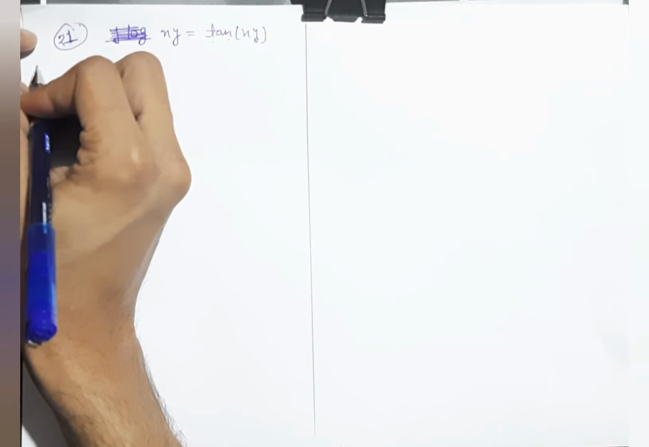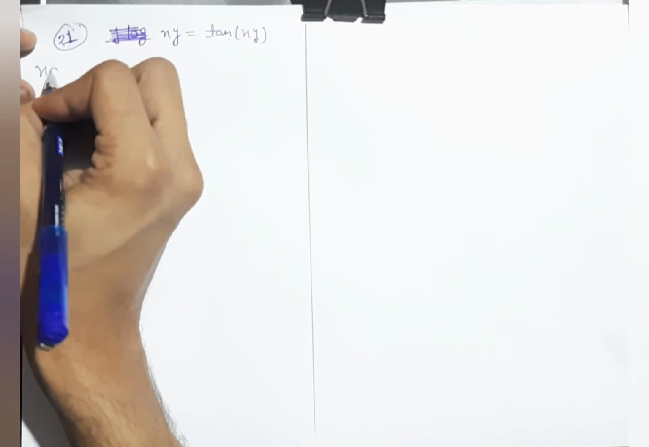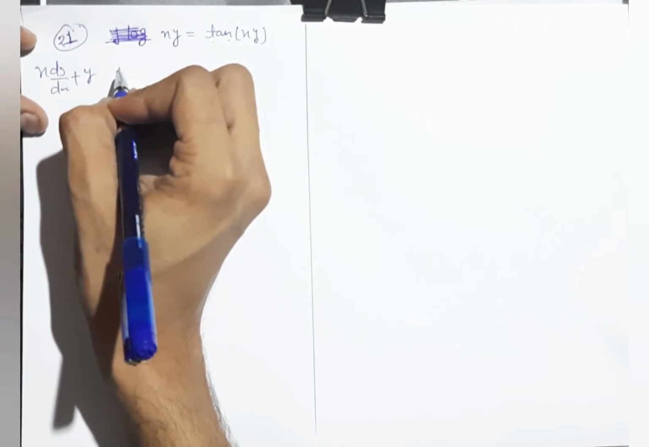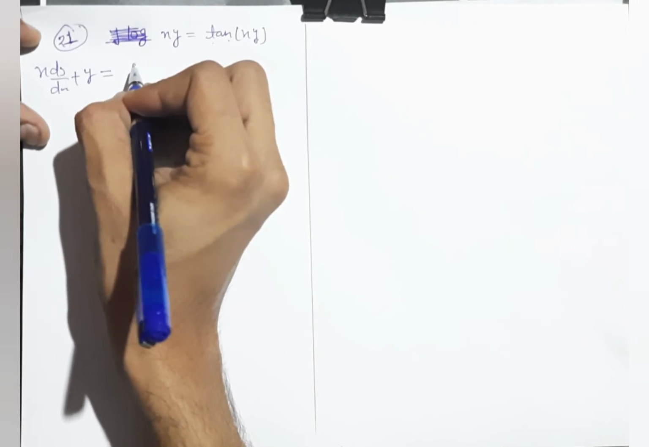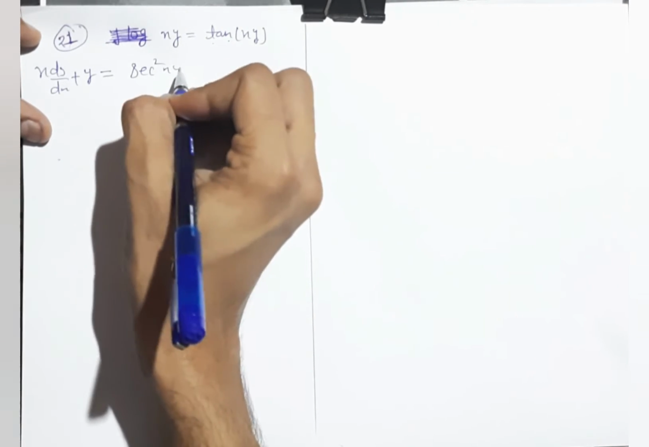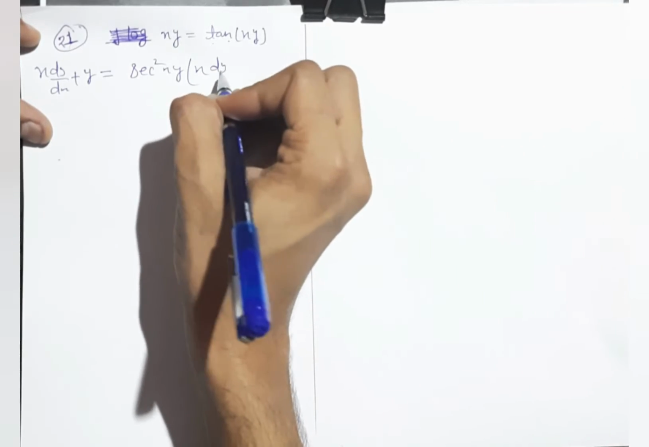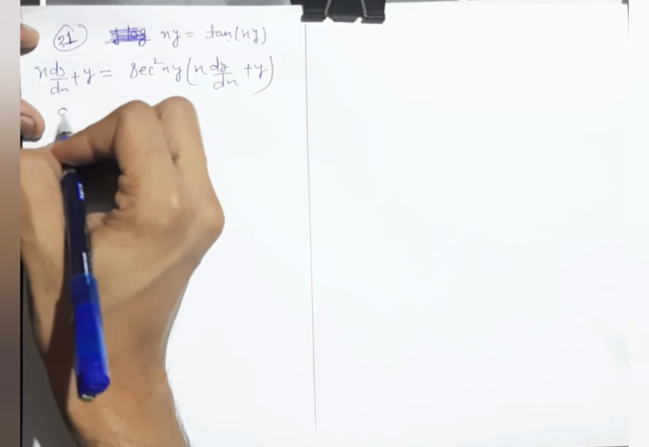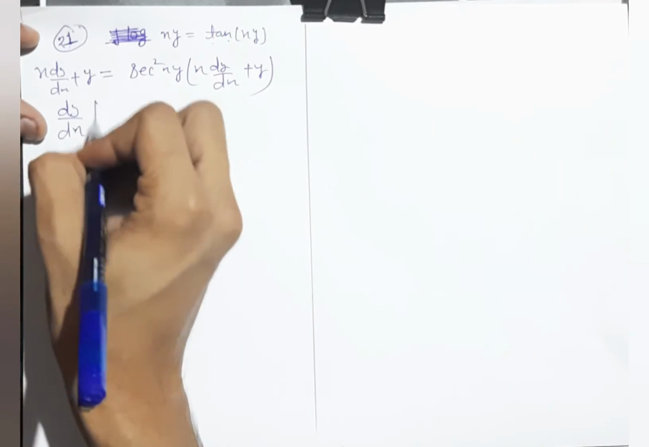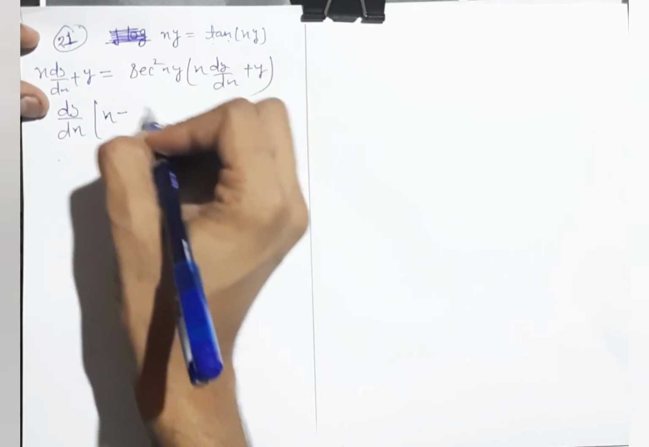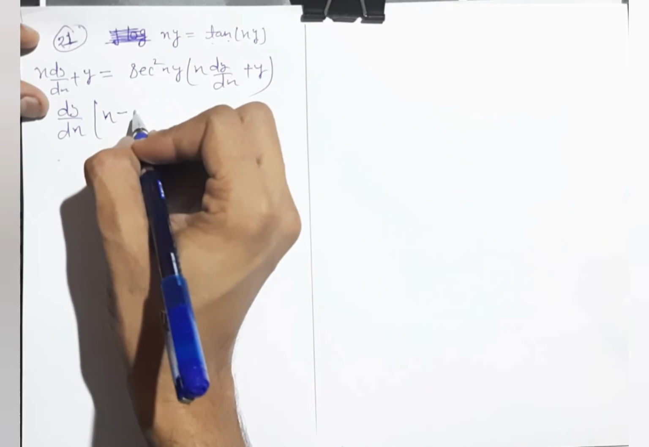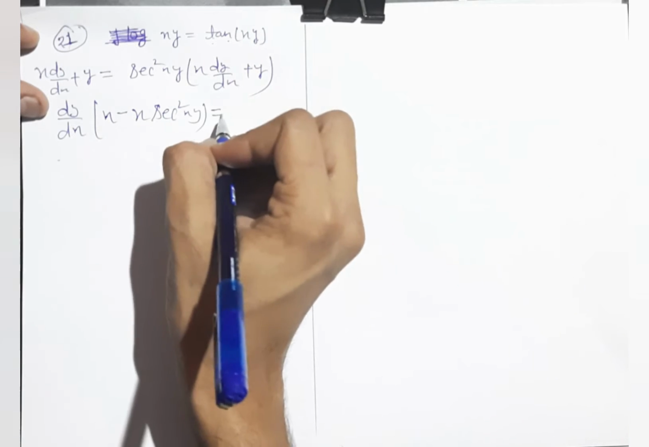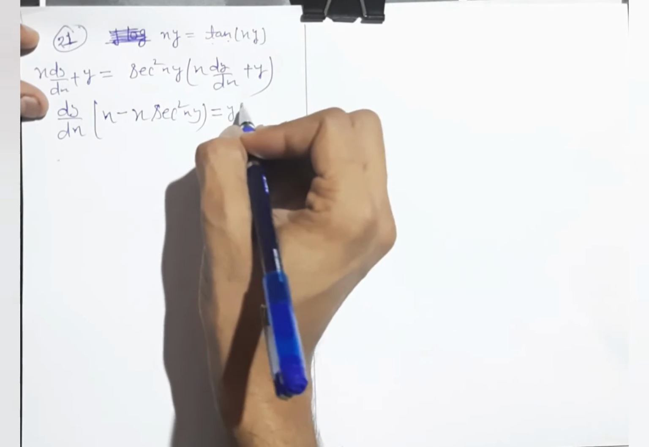So the differentiation of the product: x is same, y is dy/dx, plus y is same, x is 1, equals tan(xy) is just sec²(xy), and x is same, y is dy/dx, plus y is same, x is 1. Let me take common dy/dx. I get x minus, this is sec²(xy) times x, so x sec²(xy), and equal y times sec²(xy)